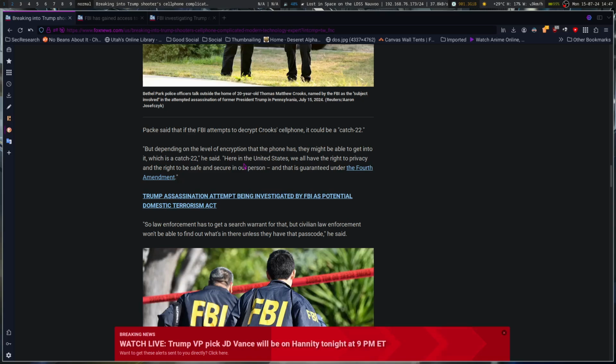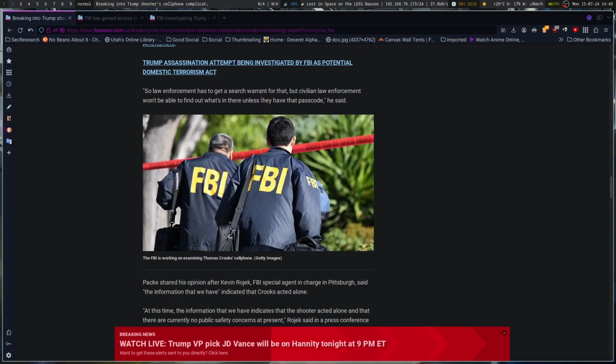Where you're saying all of a sudden the FBI is arguing for rights and protections, when they have been violating those rights and protections for people that were trespassing on federal property otherwise. So you have a right to privacy and a right to be safe and secure in your person under the Fourth Amendment, which is violated in some cases depending on who's doing what.